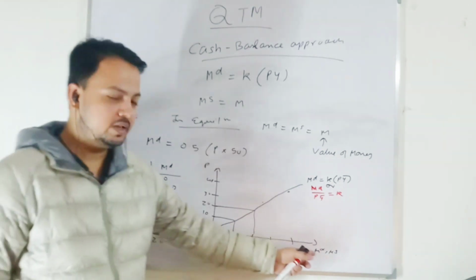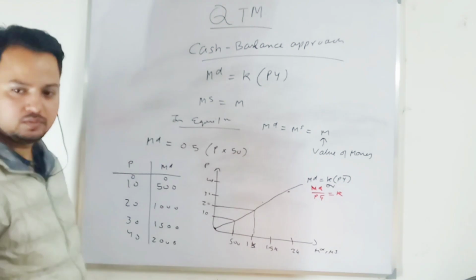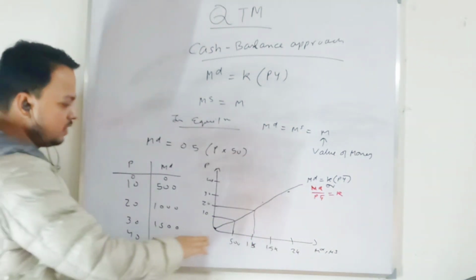Because we are looking at money, quantity of money. That is why. Right? We are looking at money. We can take the supply. Okay. So this is what you have.